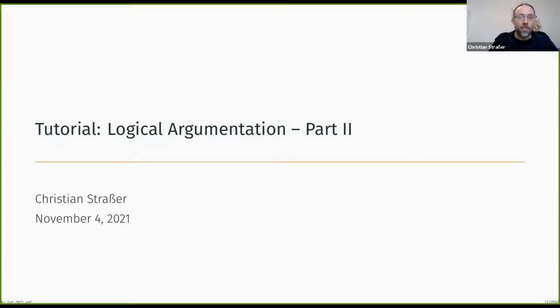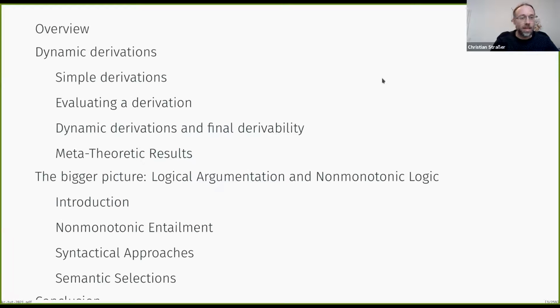Okay, so my part now will be about two things, which are rather disconnected in a sense. So even if you skip the first part, you could join in the second part without a problem. The first part will be about dynamic derivations. While Ofer was talking about using sequents as arguments and using some kind of sequent rules, elimination rules, in order to model argumentative attacks, and then using Dung semantics in order to select arguments,